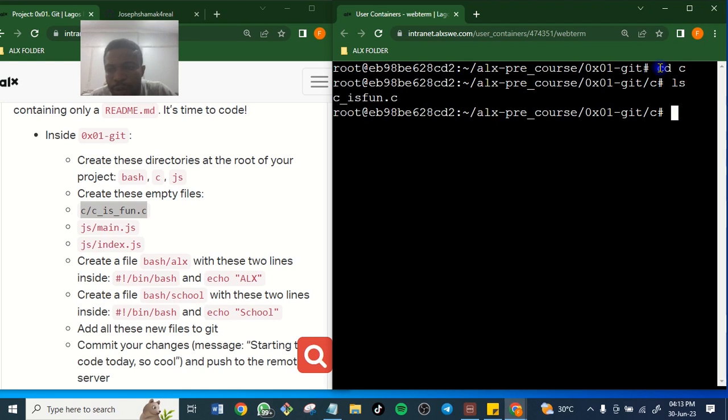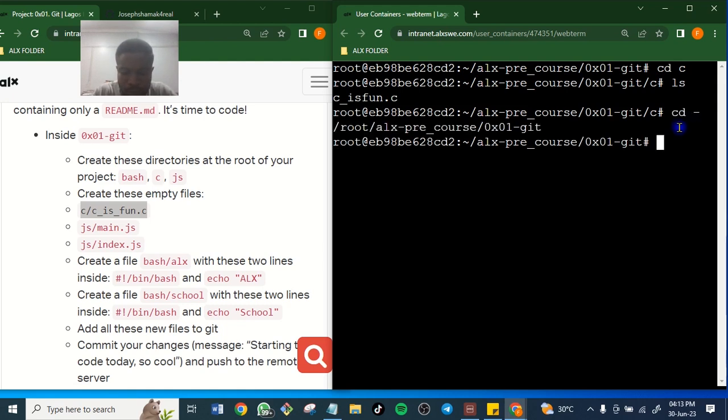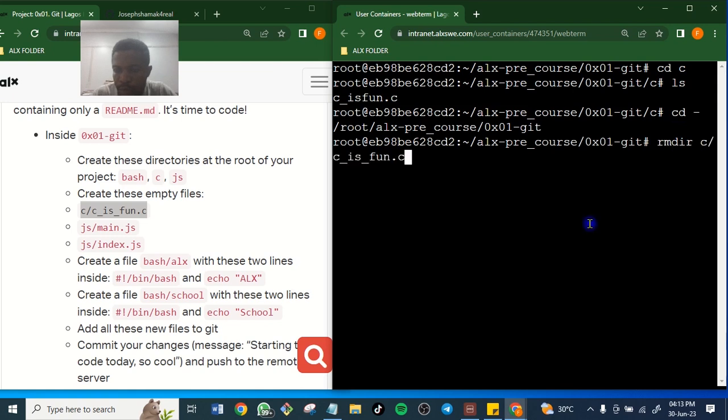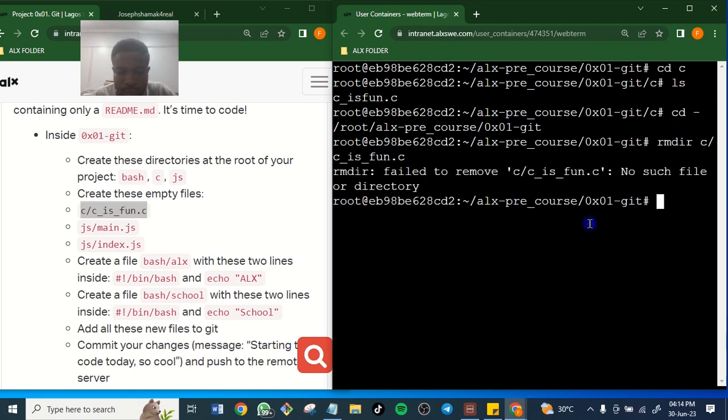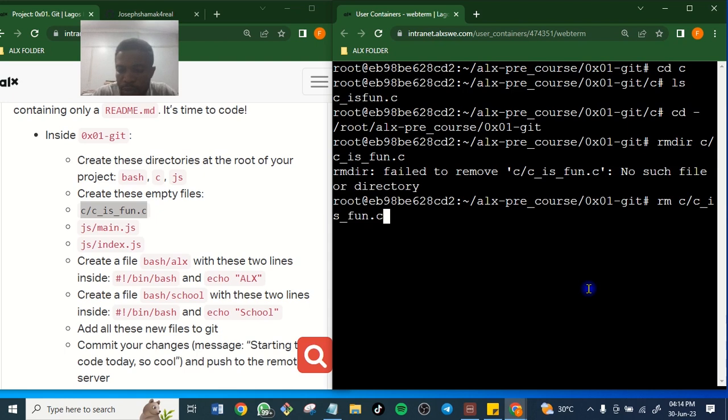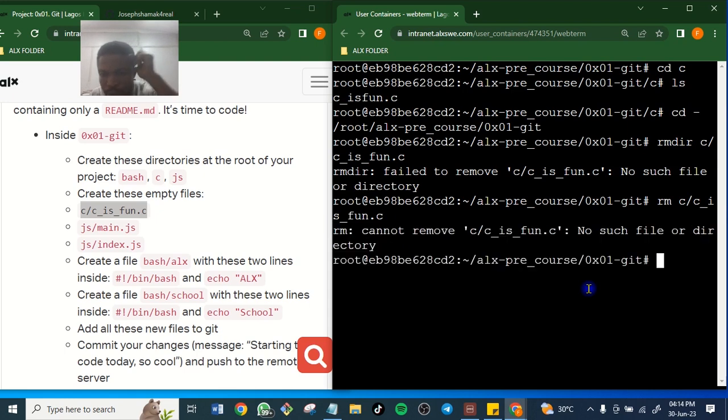So why is it saying no such file or directory?